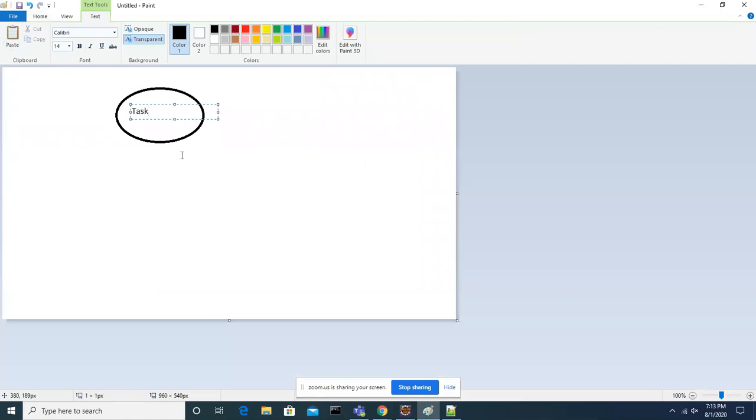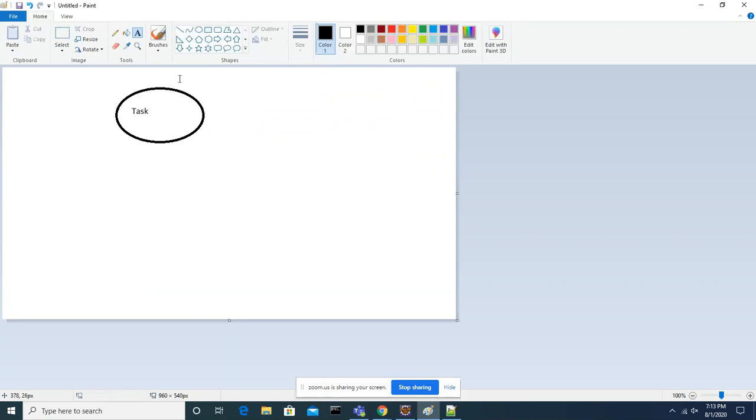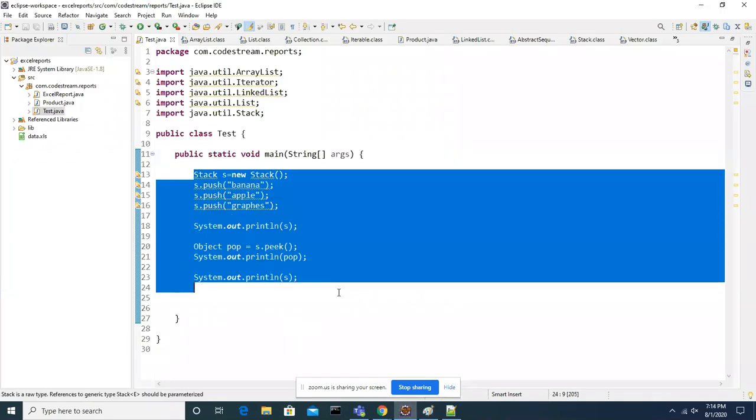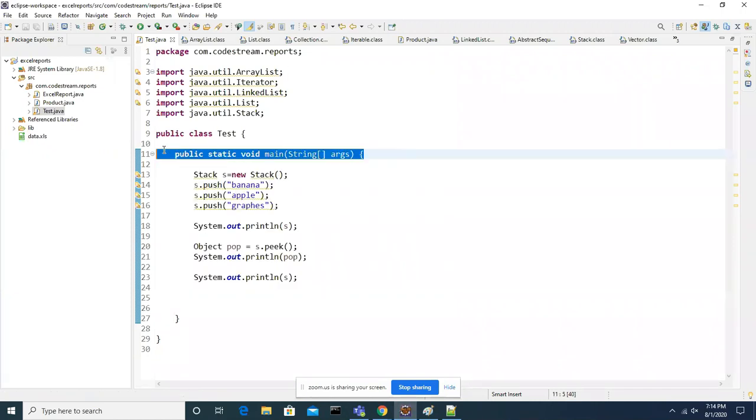So there is a task, and whoever is going to do this task, we can generally call the task executor, the one who is doing the work. But in programmatic terms, who is actually executing all these things? JVM. Yes, JVM only. So JVM internally uses one thread.